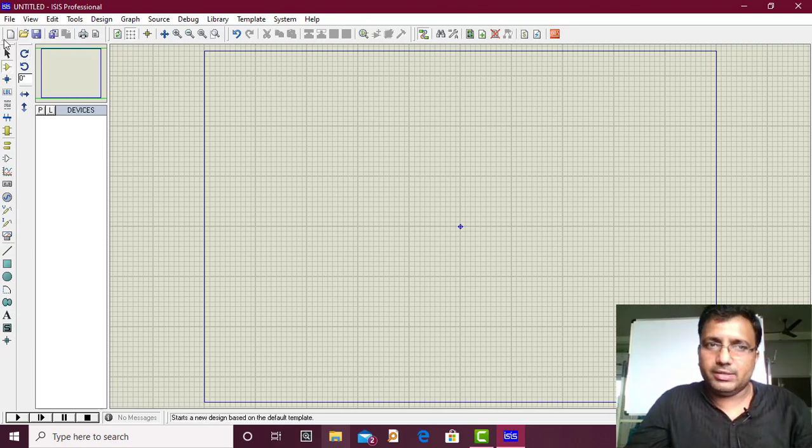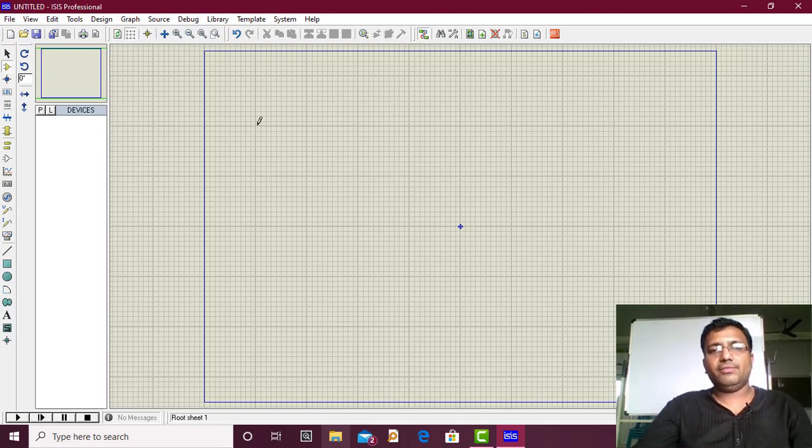Okay, so I will tell you while using this particular thing. On the top side as well, we have some shortkeys, the same shortkeys which are available in these top menus. Okay, so we'll start with a very basic circuit like a voltage divider. For that I will go to the component selection mode and I will select the first component.